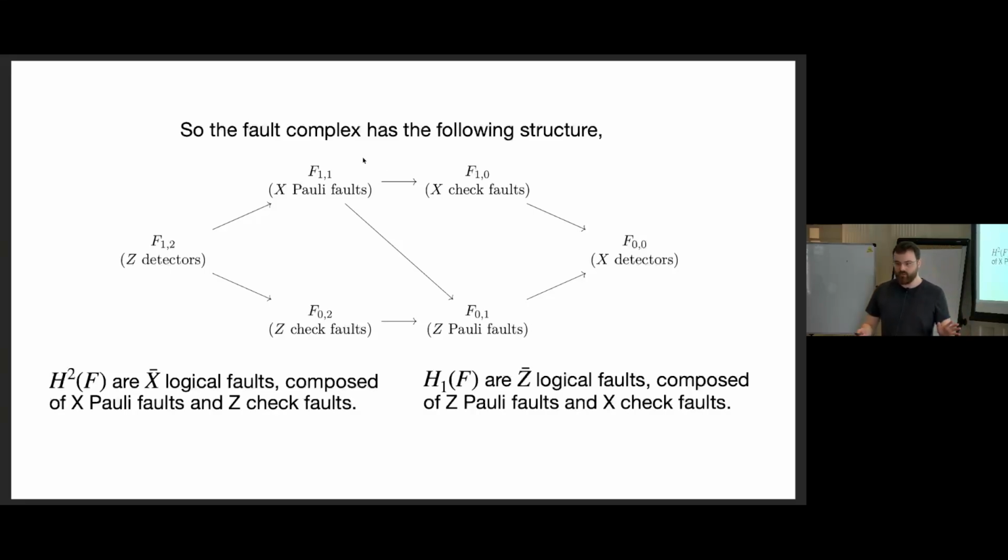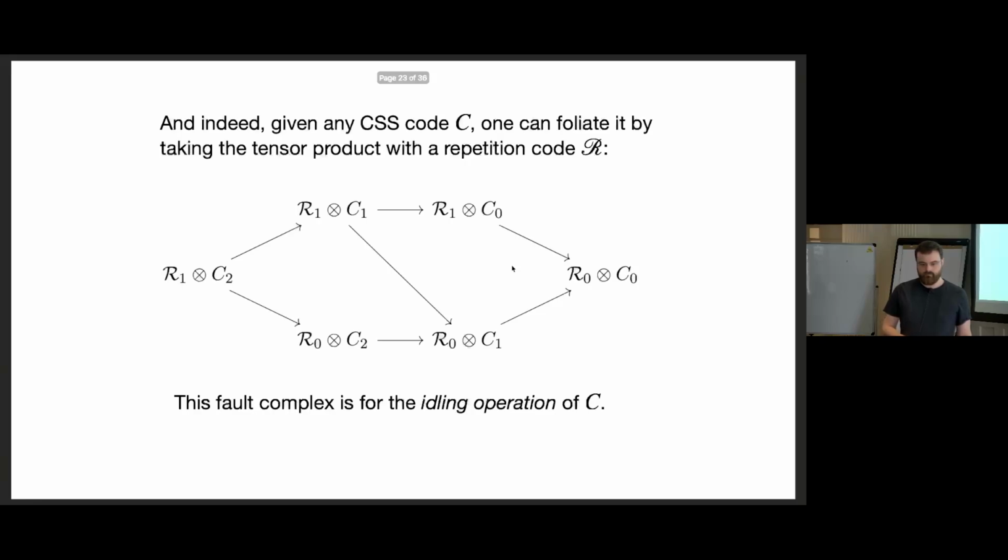So now, unlike with a code, where the homology space of the chain complex is isomorphic to the homology space of the co-chain complex, now these live at completely different degrees. You can also describe space-time stabilizers using this picture, and also logical correlations using various maps from this. So it's a lovely construction, basically, is my point, and one can take a CSS code and then,